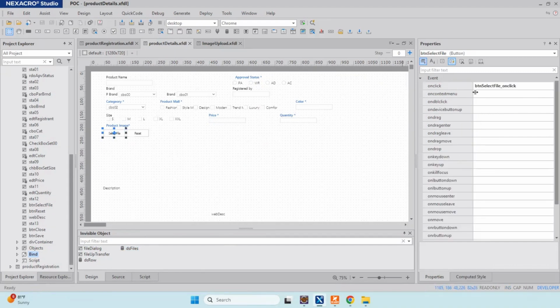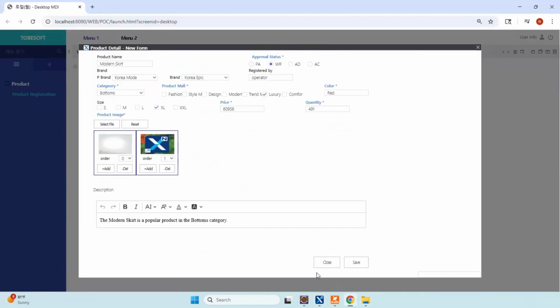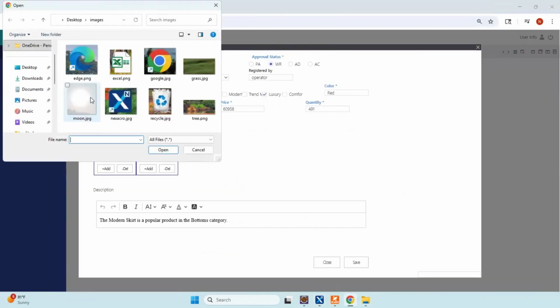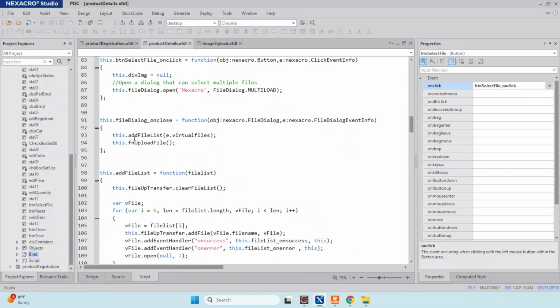So in select file, first we open the file dialog with file dialog multi-load as a parameter, which means we can select multiple files. When we select a file and the dialog closes, file dialog onclose gets triggered.